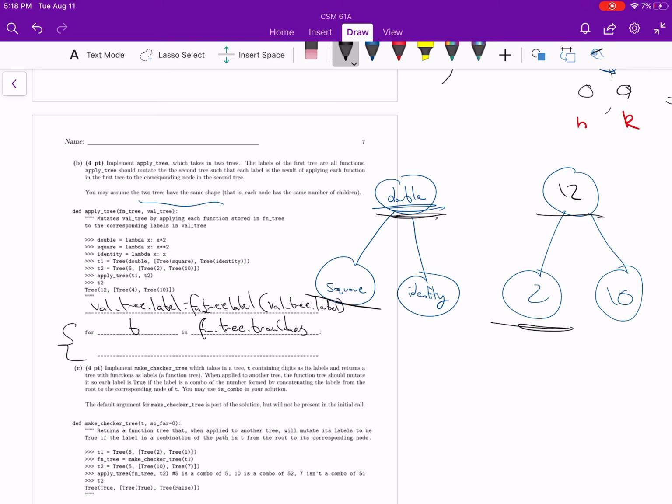So since we need access to both, we actually can't just iterate through the branches of one of them. But what we can do is use indices. So we can say for i in range len of function_tree.branches,